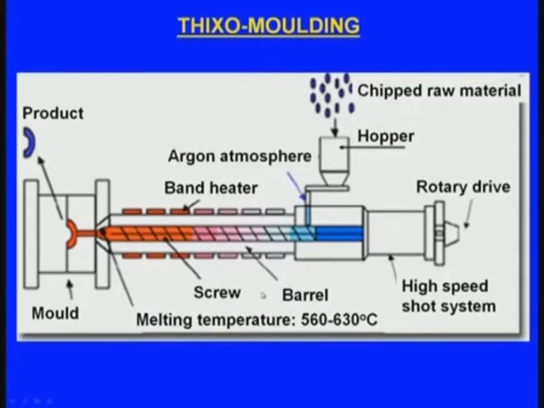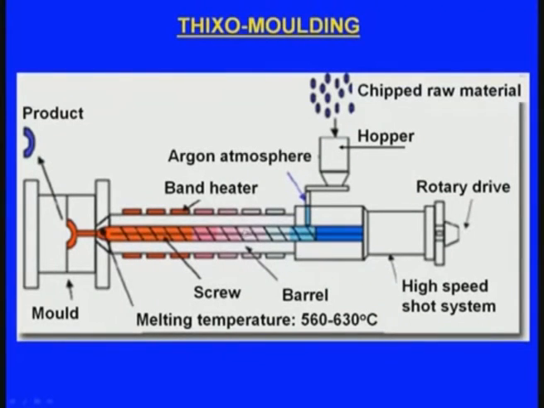And here we can see diagrammatically. So, this is a machine which is very close to the injection molding machine which is used in the manufacture of plastic components. And what is this machine? It has a barrel, you see this is the outside barrel. Now, inside there is a screw, it rotates, and this is connected to a motor, you see here it is connected to a motor, and here there is a feeding hopper.